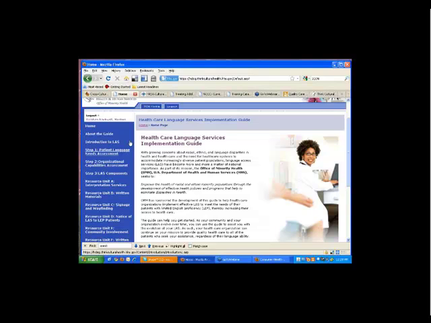On the left-hand side, you can see this list of what this guide is going to look like: an introduction, patient language needs assessment, and so on. So there are all of these great resources. You take this after you've logged in. When you're done, you can either get CMEs or a certificate of participation.